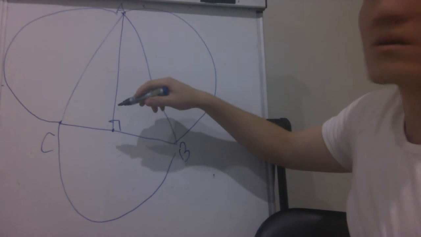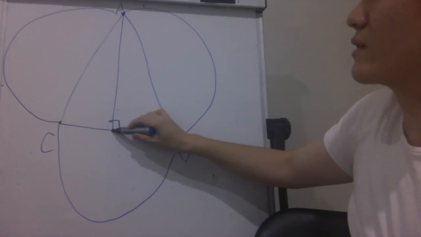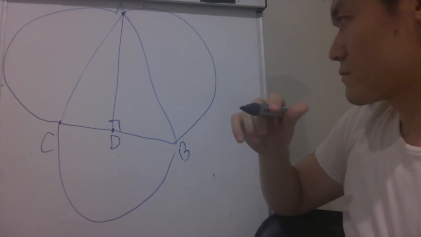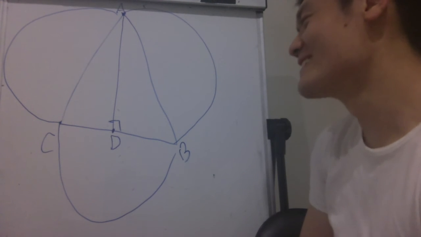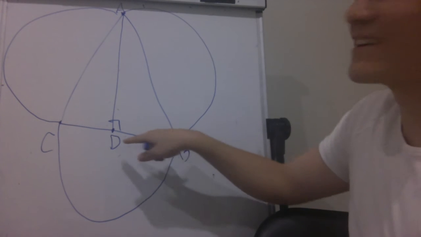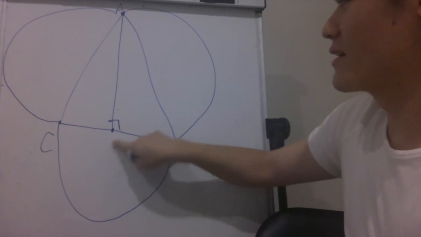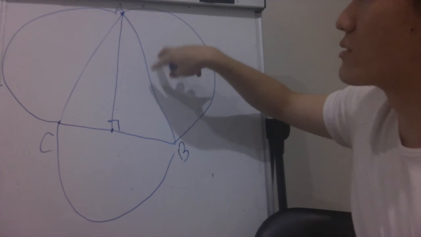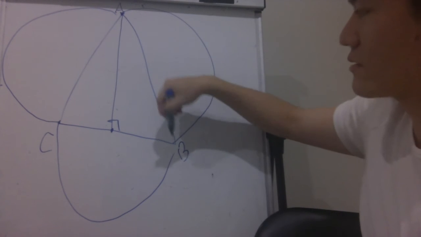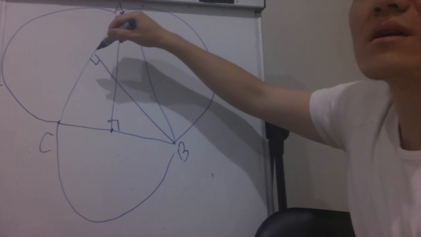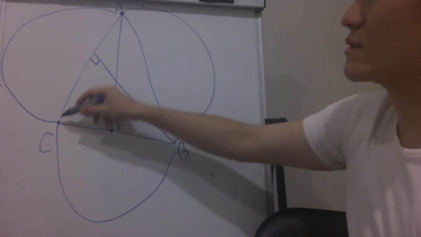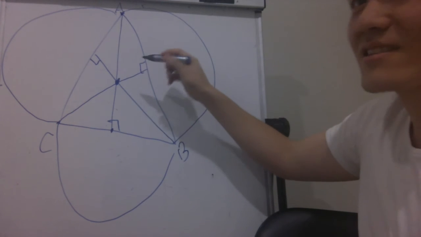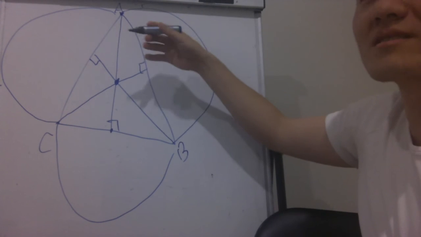True, because it intersects at A and the foot of the perpendicular, right? It doesn't look like it, but okay, let me draw the circles. I get it. So it intersects here and there, so that's the radical axis, right? If you switch to the other two sides, then the other altitude is another radical axis. And then the third side gives the other radical axis. The fact that they're concurrent is another way of expressing the radical center.